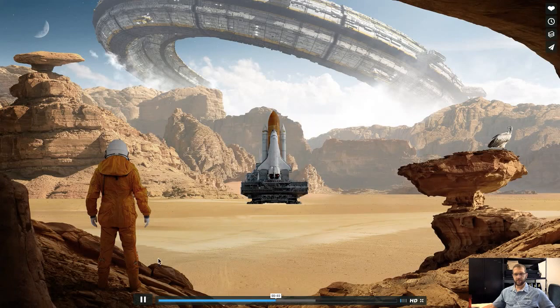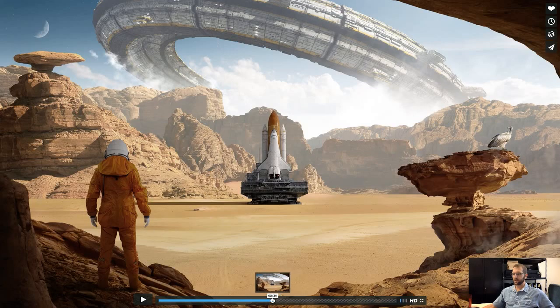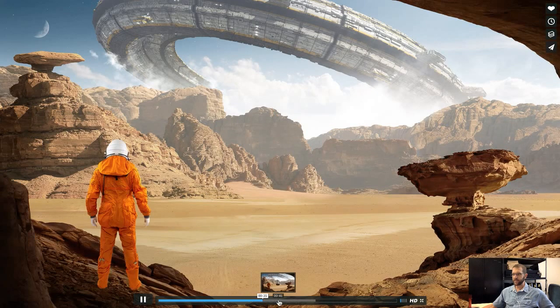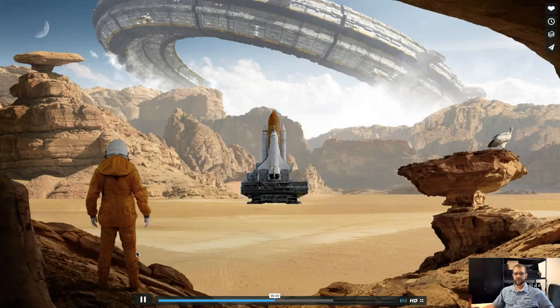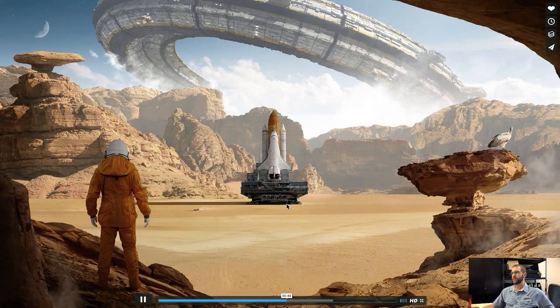Now, look at how close he pays attention to the lighting. If he's bringing an element in and it's too bright for where it's being placed, he fixes the lighting to make it look like it's in the right place. Okay, so lighting is important when we're combining images. The lighting has to feel right. By doing that, it really feels like it's an actual part of the image, even though it's clearly fake. We don't have birds on Mars. We don't have people and big spaceships set up on Mars, but